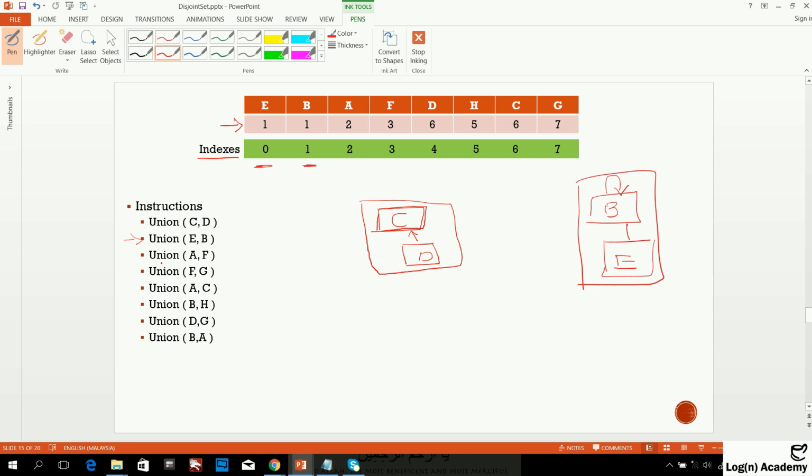So now let's move to the next element, which is A comma F. Now here we have A and here we have F. Initially they are pointing towards themselves, and they are disjoint sets. Now let's make A a parent and F a child. So we have this structure now,